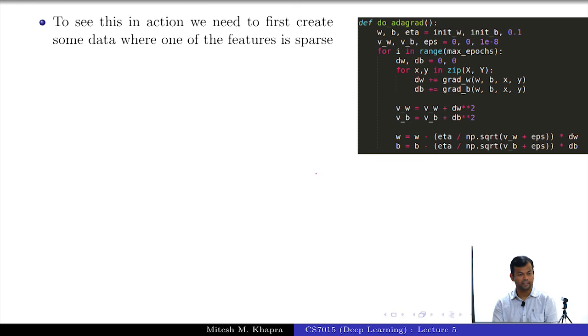Say I'm going to create 1000 data points, right? Which is x comma y points. And of course I have this x0 which is always on, right? So x0 is always on, I can't make that sparse. What about the other feature? If I'm creating 1000 data points, what should I ensure? That 80% of them or some 90% of them is always 0, right? Just as the Aamir Khan case, right? That most of the data is going to be 0.